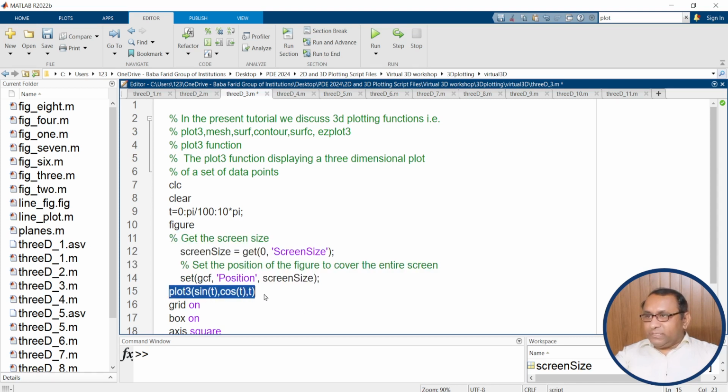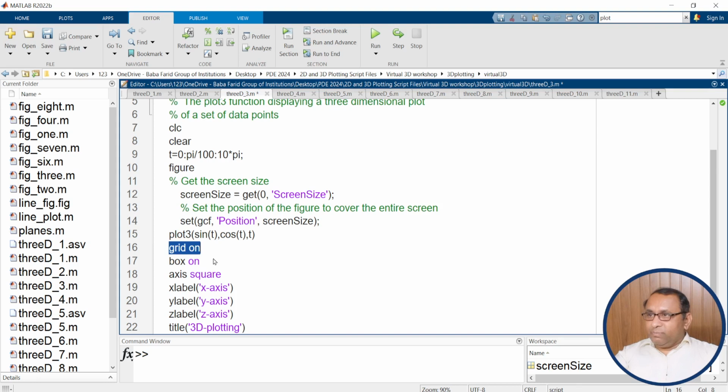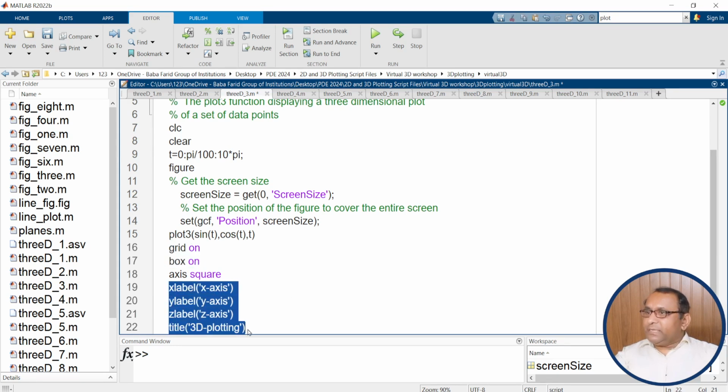Here you can see we have a parametric equation, and in plot3 the first is sine t, second is cosine t, and last is t. So x is equal to sine t, y is equal to cos t, and z is equal to t, and the others we have are grid on, box on, axis square. With this the dimensions will be equal. Xlabel, ylabel, zlabel, and title also have been added in this image. When you execute this sequence of statements,